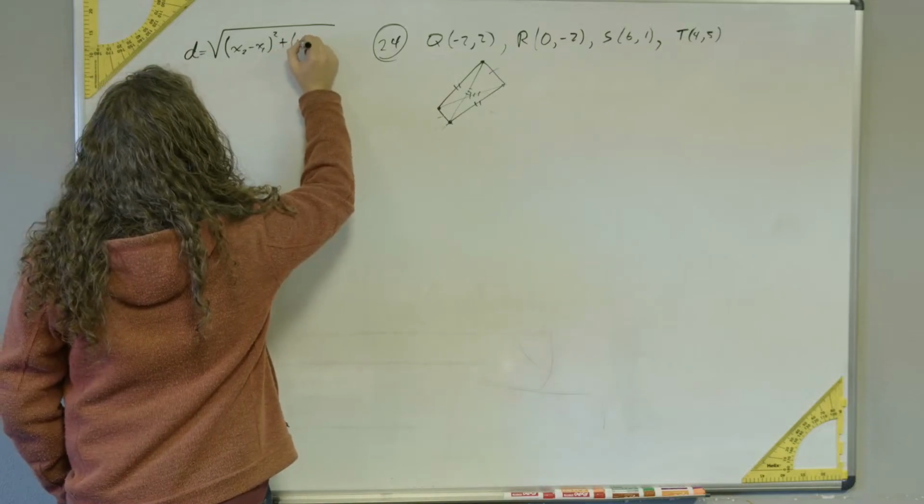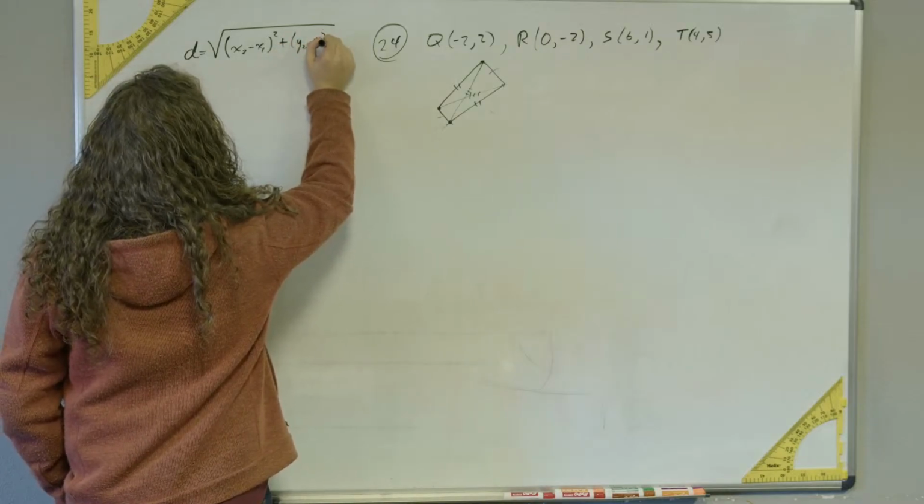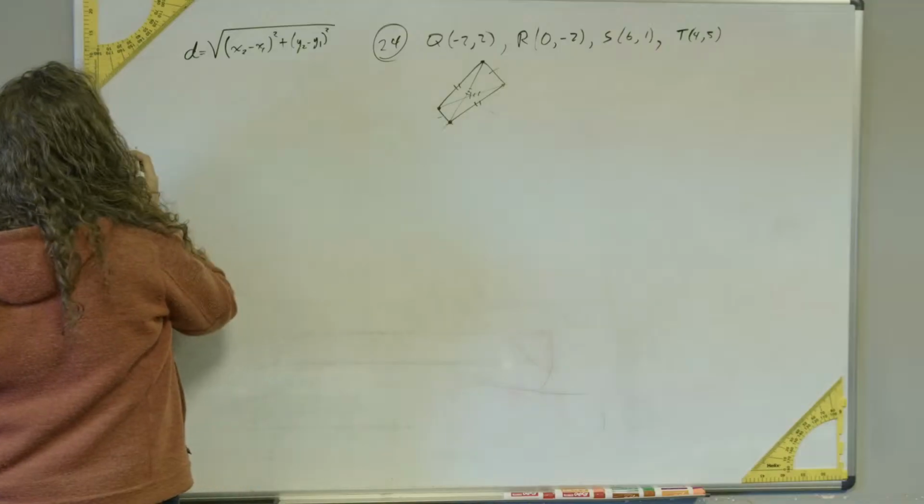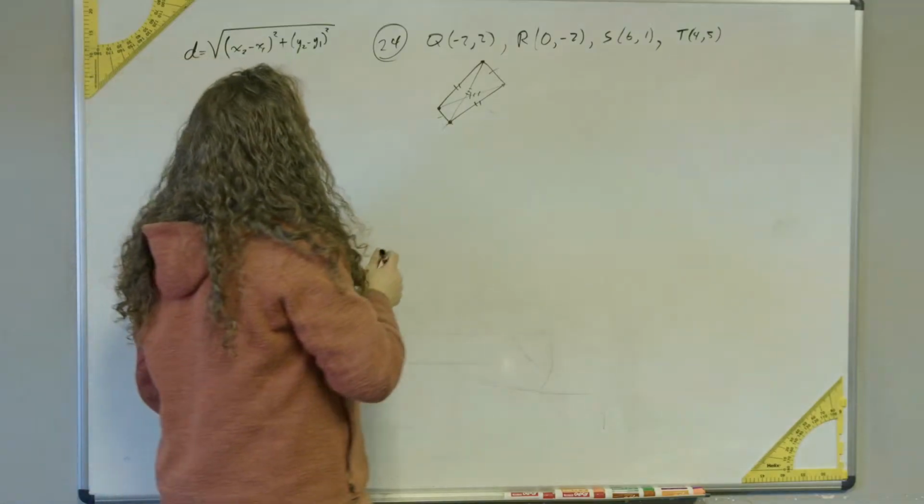Add y2 minus y1 quantity squared. All right, so